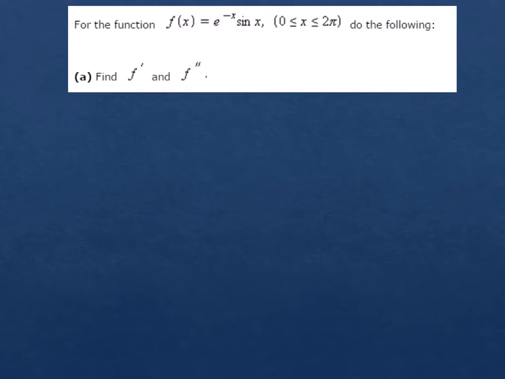All right. So look at this one. Now I can already see that this is going to be a product rule because I have e to the negative x as one function and sine of x as another function. The first part wants me to find the first and second derivative. So the first derivative, take the derivative of the first term. Well, the derivative of e to the negative x is e to the negative x times the derivative of negative x, which is just negative 1. Leave sine alone,